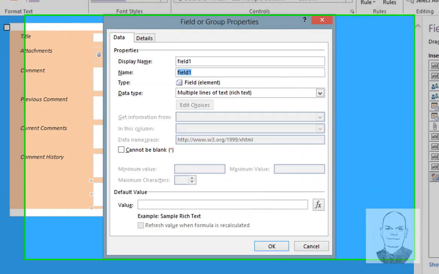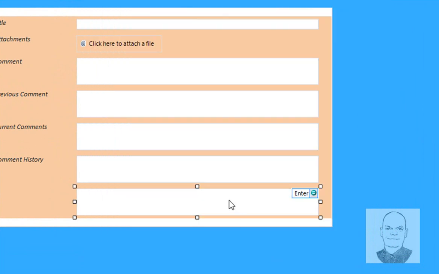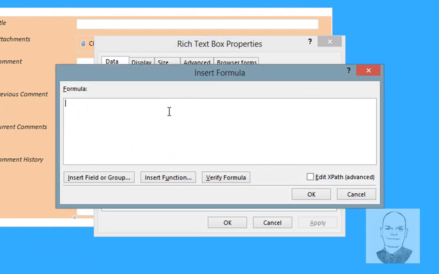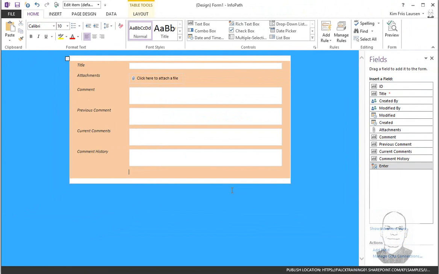This is a list properties, and I'll call this enter, just so everybody knows what it's all about. And I will go and click OK. So I'll right click on my field here, go to my rich text box properties, and I would like to have a value here. Now I'll type 2 times quotation marks, shift 2, and then I'll press Control Enter to add an enter into this one, and click OK and OK, and then I'll actually delete this field, but it's still over here,